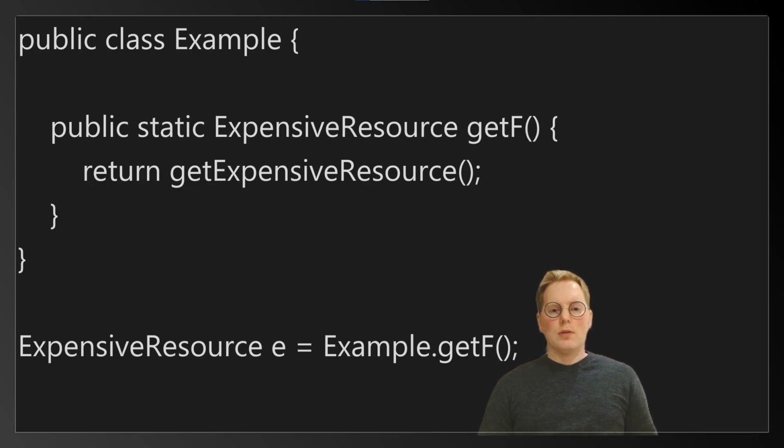Because the getE method does not use anything that belongs to an instance of the example class, we can mark getE as static. Let's call that static version getF. We don't need an instance of the example to call getF because getF is static. We can simply call